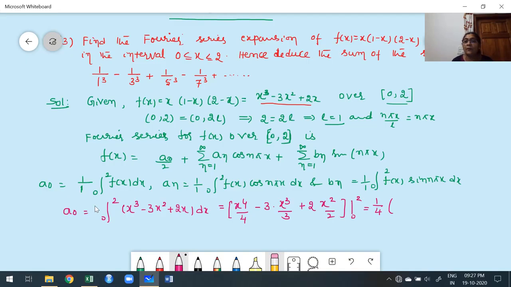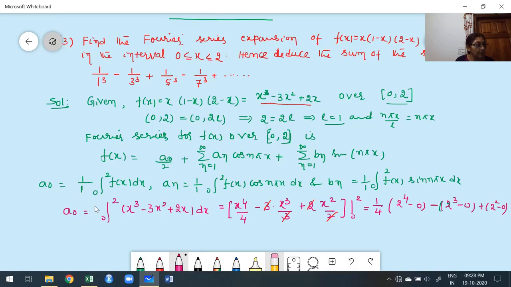2 to the power of 4 minus 0. Just a minute, let me write this properly. For this, 2 to the power of 4 minus 0. Coming to this, the 3 cancels, the 2 cancels. Now what do we get actually? Minus 2 cube minus 0 plus 2 square minus 0.